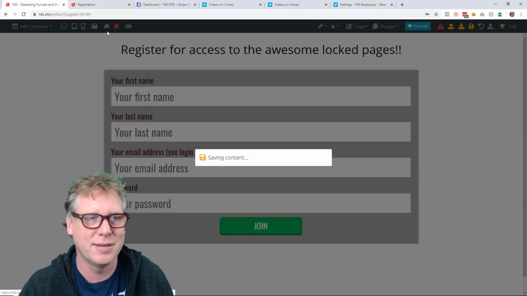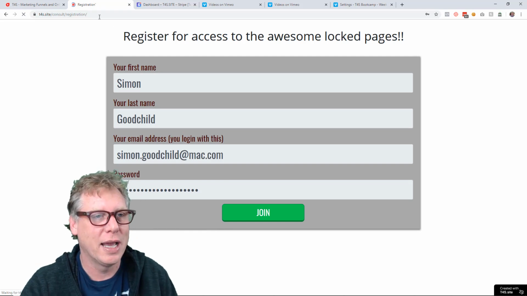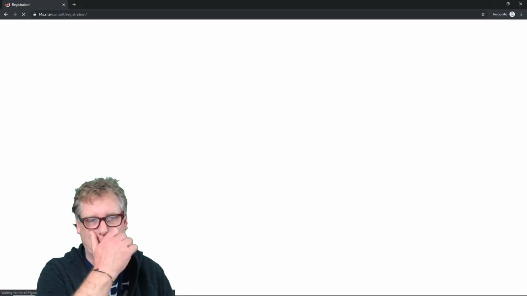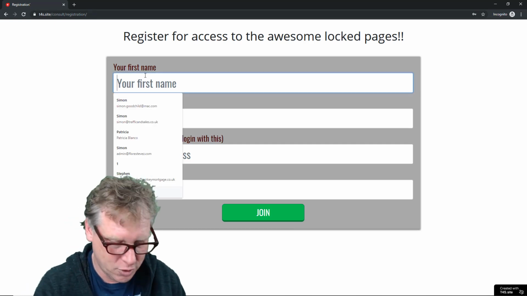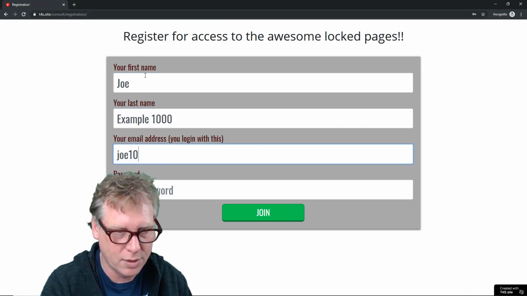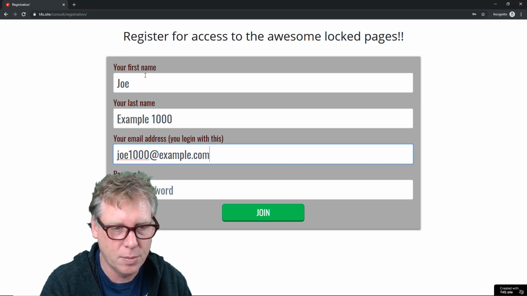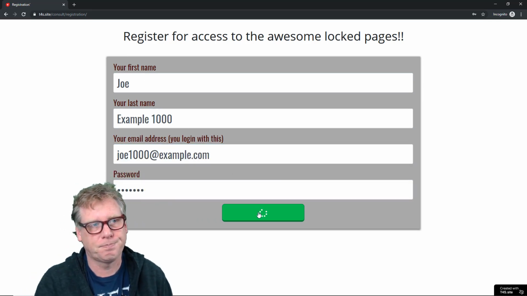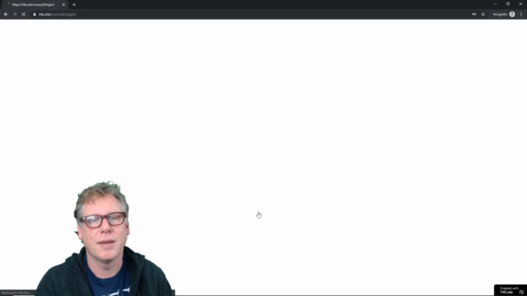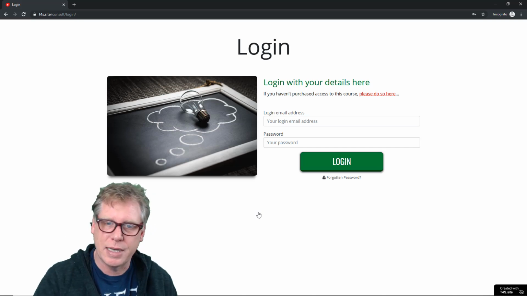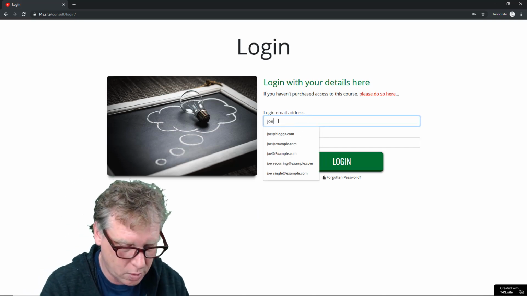Right, let's save that and try again. Copy, incognito, paste. Let's pick up Joe, example 1000, Joe1000@example.com, whatever, and join. That's better. And now I can log in. So having set it up, I can now log in as